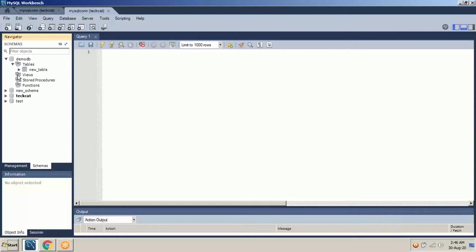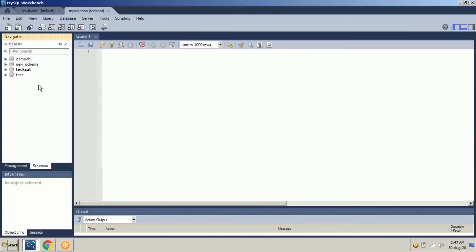What are tables? What are views? How to create a table? How to create a view? How to fetch the data through SQL statements? That we are going to discuss in the two-day session, today and tomorrow. First of all, you have to create a database. Whenever you create an application, whenever a client asks you to create a database according to the business, you need to first understand the business. Only then can you create the tables, and only then can you create the views.